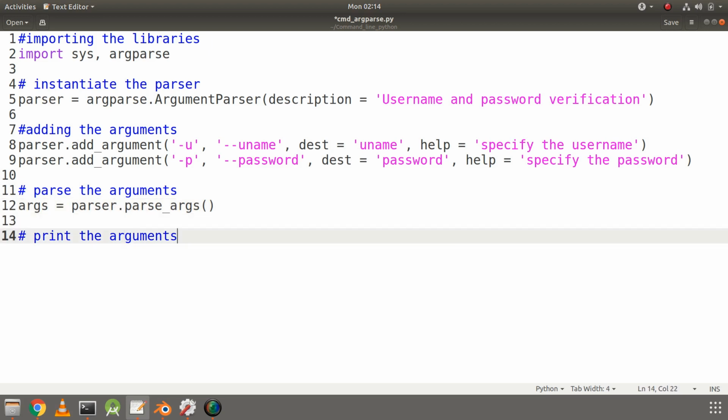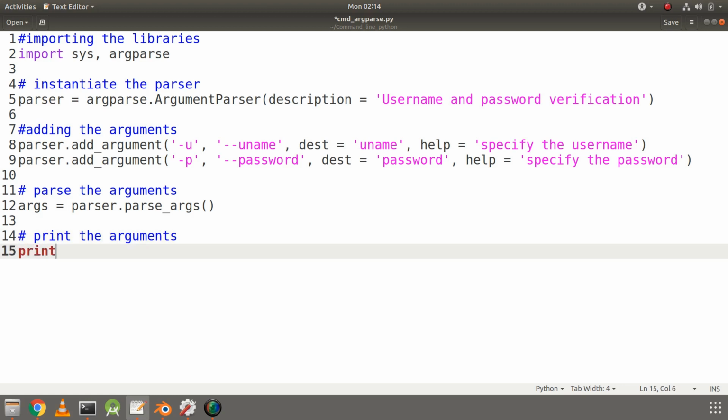So parser.parse_args will return our args. After that we can use args.uname, and yeah, this was the variable I was talking about which we specified in the destination option. So args.uname and args.password, we can print them. All right.